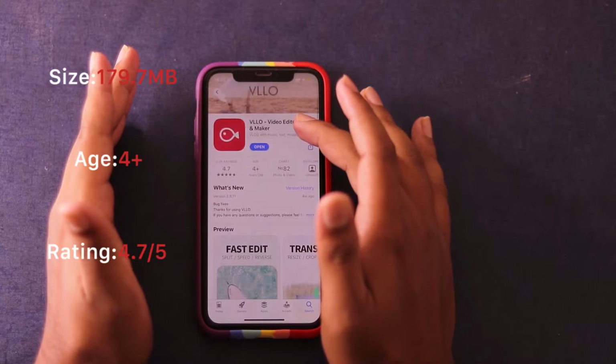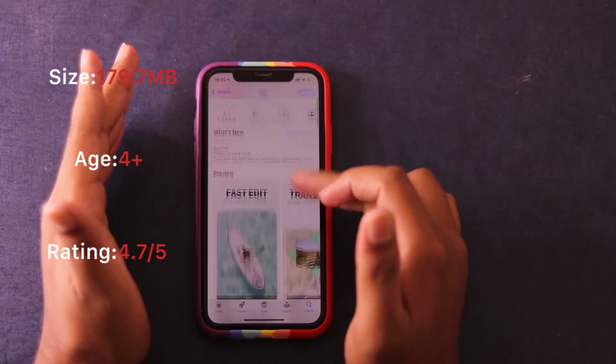This app has all the features that a pro video editing software has, but it is also a paid software. Some features are limited, like for color grading or adding some effects you need to pay. The costing is also given in this app. So we'll get on the screen and explore all the details of this app, how we can use it in our day-to-day life, how we can create videos for YouTube or for Instagram and render them. So here's the app, guys, VLLO, video editor and maker.